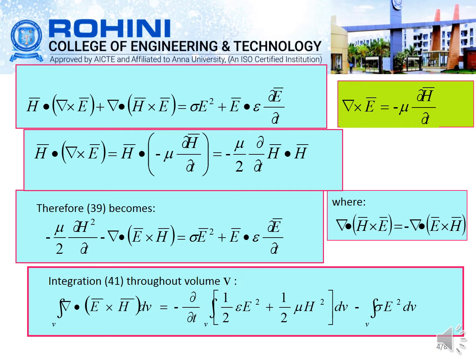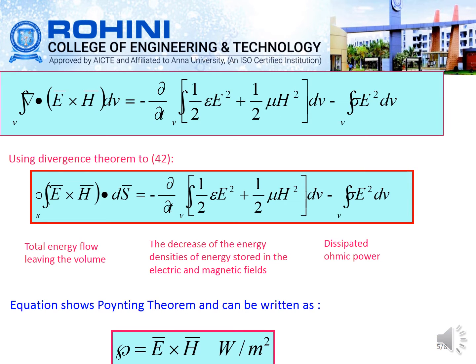In the case of the divergence theorem, this equation becomes the integral of del dot E vector cross H vector dV equal to minus dou by dou t of the integral of 1 by 2 into epsilon into E square plus 1 by 2 into mu into H square, minus the integral of sigma into E square dV. Using the divergence theorem, the left side becomes E vector cross H vector dot ds vector as a surface integral. So we write it as minus dou by dou t of the integral of 1 by 2 epsilon E square plus 1 by 2 mu H square dV minus the integral of sigma